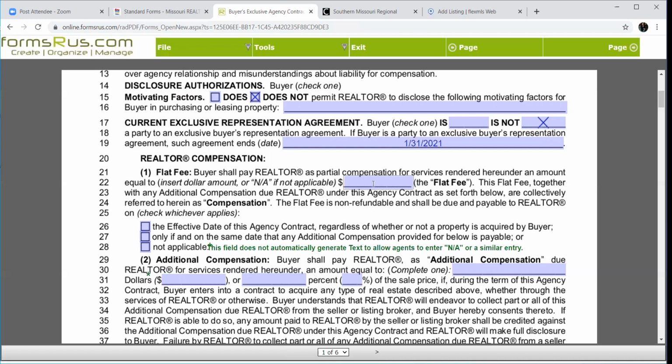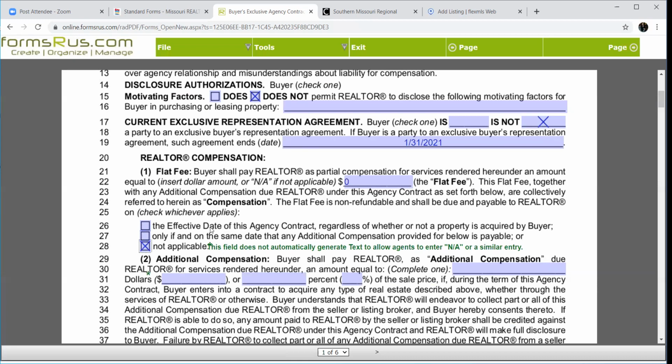Compensation, if you were charging a flat fee of $150 or $250 to every client, then that's where that amount goes. And again, you can receive this either the date of this contract and you would have to hold on to that check until closing, or just get it at closing, which makes the most sense. Or if you're not doing one, then this would be 0 and you're going to check this not applicable box.